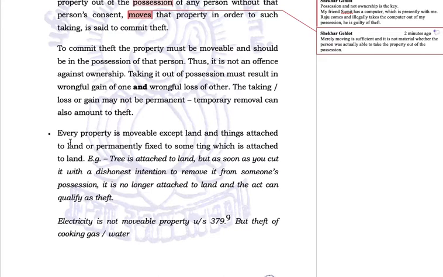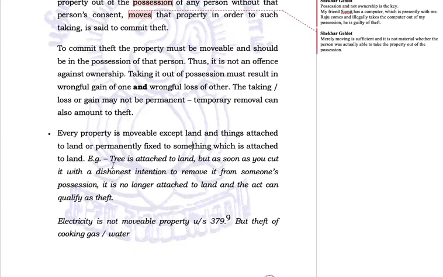attached to... sorry, the Sale of Goods Act we discussed. You can refer to the Sale of Goods Act for what is movable and immovable in terms of the Sale of Goods Act. For the IPC, let us read: every property is movable except land and things attached to land, or permanently fixed to something. So every property is movable which is not attached to land, or which is not permanently fixed to something which